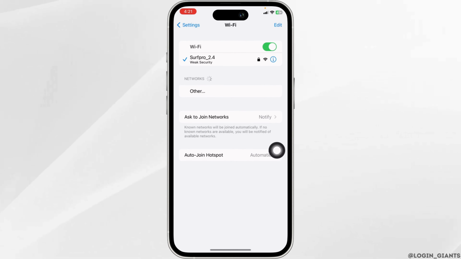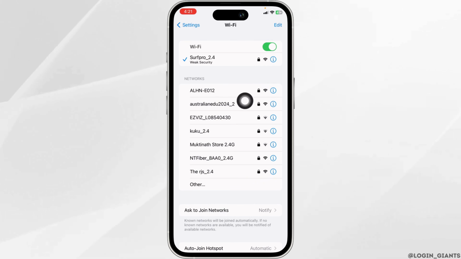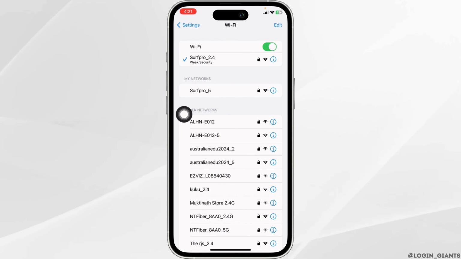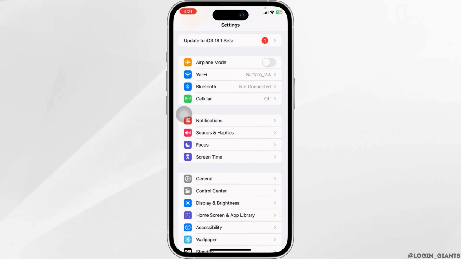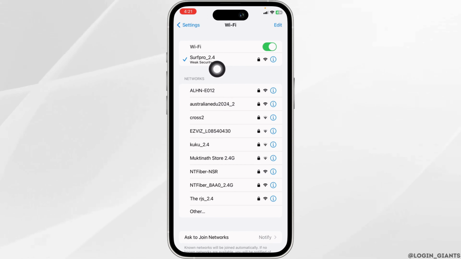Launch your settings, navigate to the option of Wi-Fi, click on the Wi-Fi network you are connected to. Forget this network, give a fresh restart to your router and rejoin it. Likewise, you can switch between networks. If you are using cellular data, switch it to Wi-Fi, and in the case you are using Wi-Fi, switch it